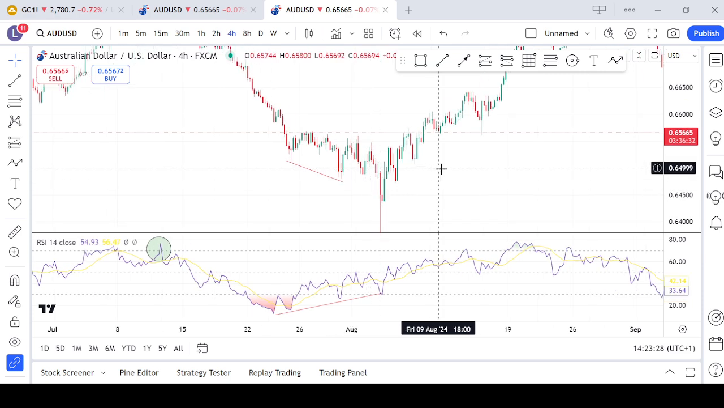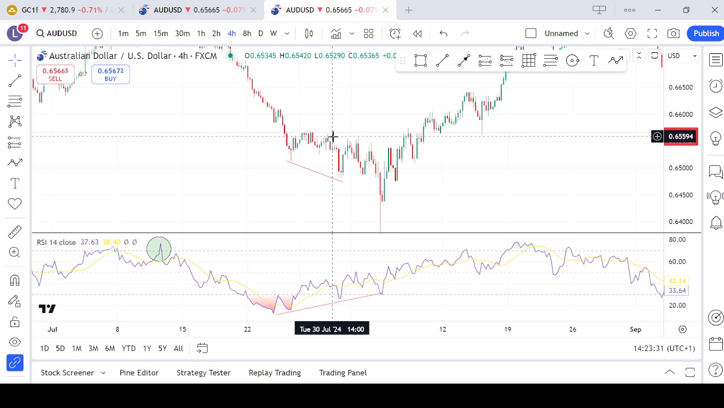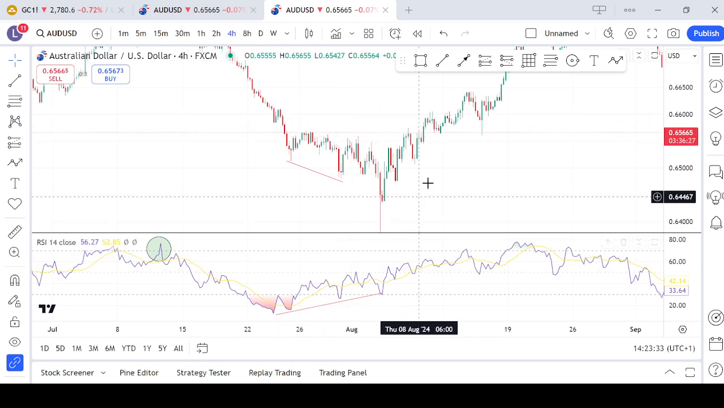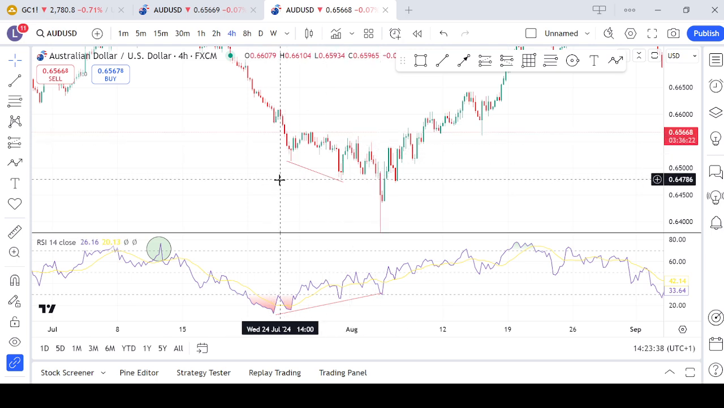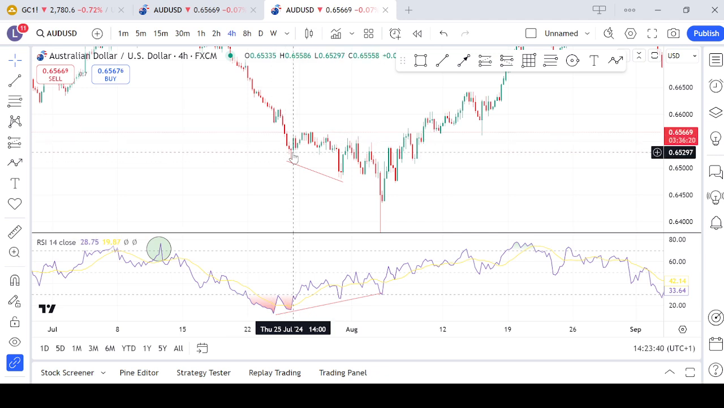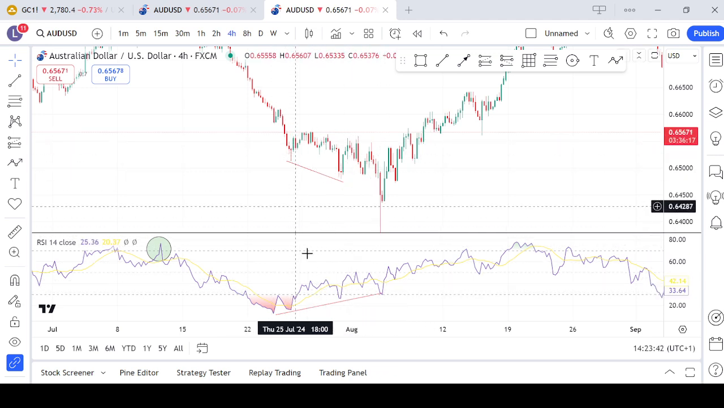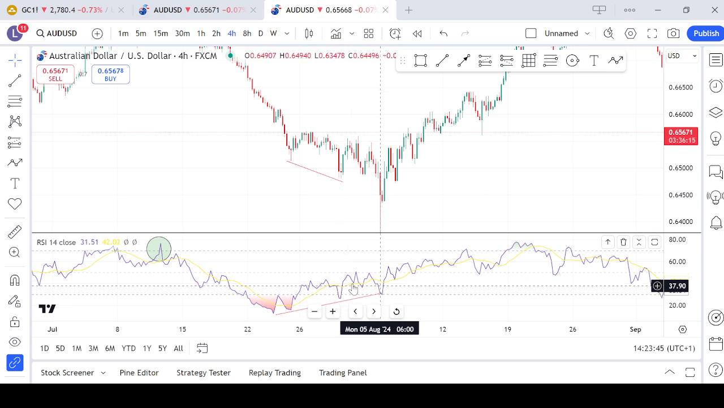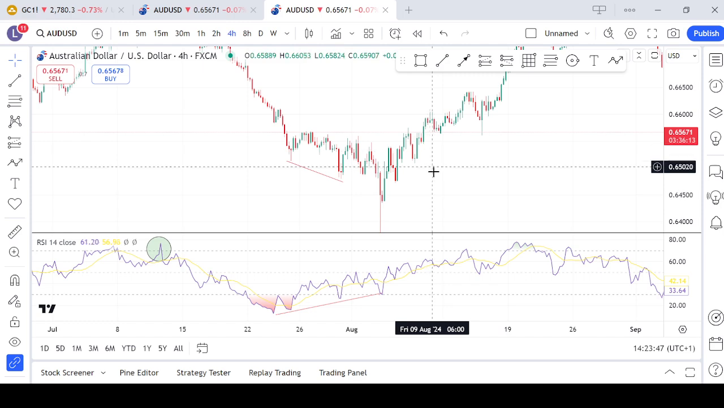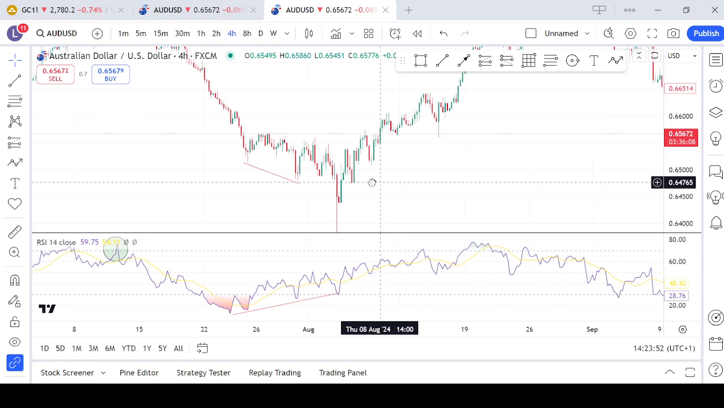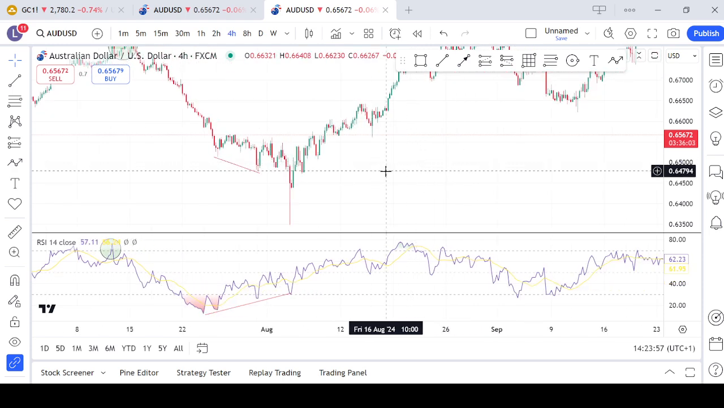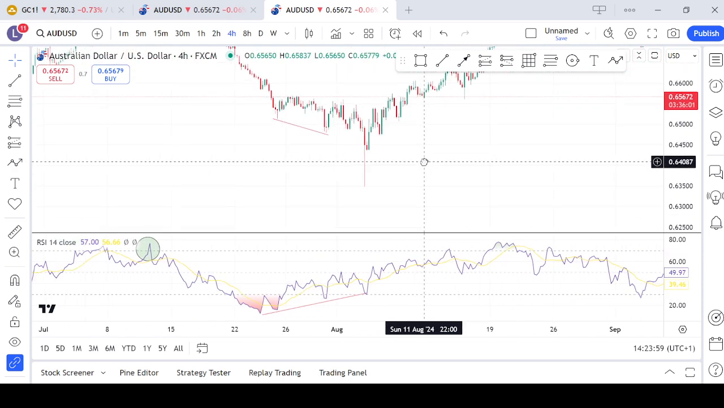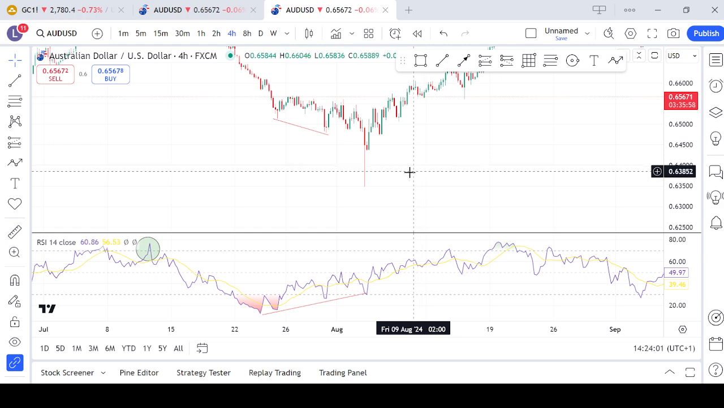So divergence occurs when price is moving contrary to the RSI. For example, if price is giving us a bearish trend, lower highs and lower lows, you see the RSI giving us a bullish trend with higher highs and higher lows. That means that there is a divergence, and we may be looking for a potential reversal to the upward side or to the downward side. Depends on the divergence at play. So there is bullish